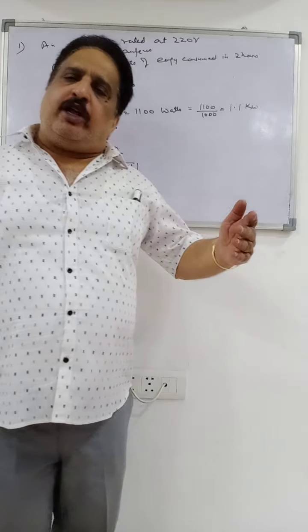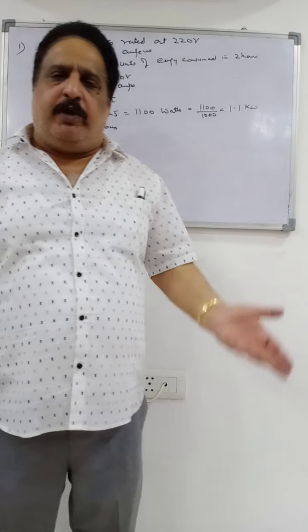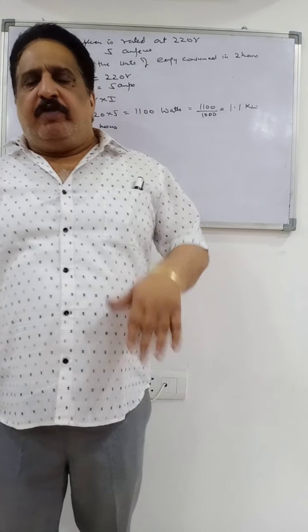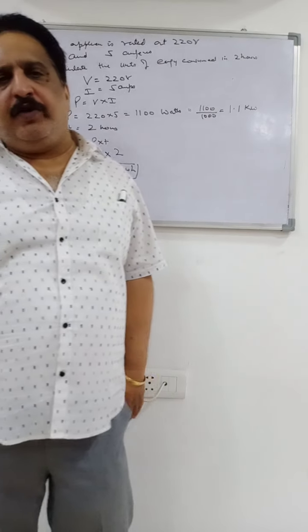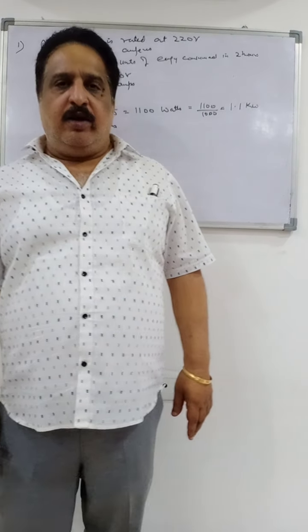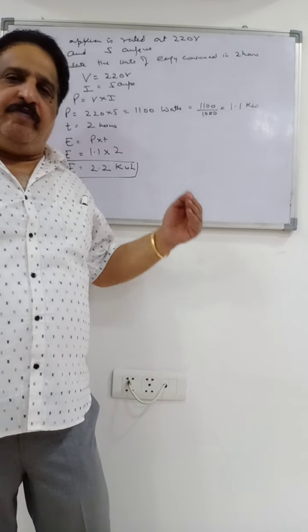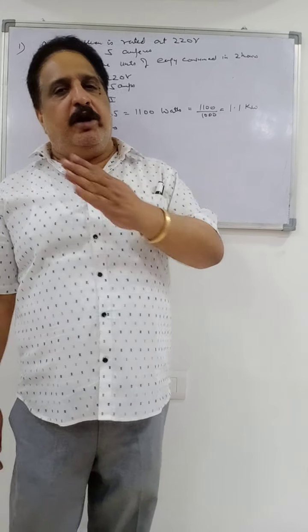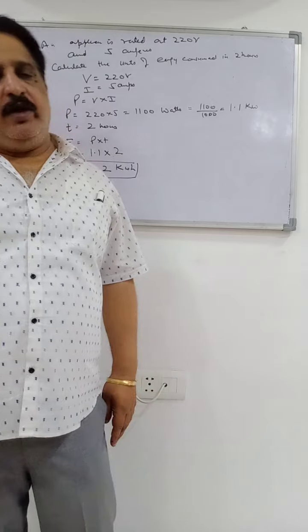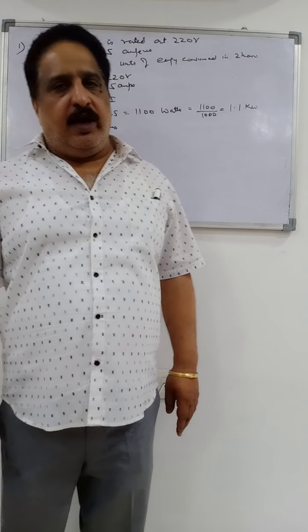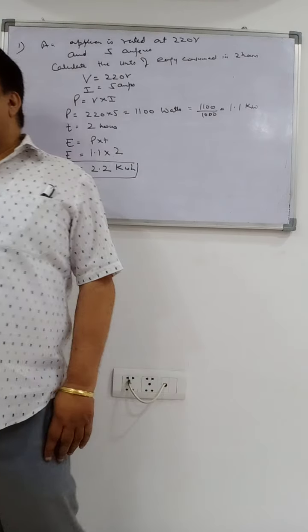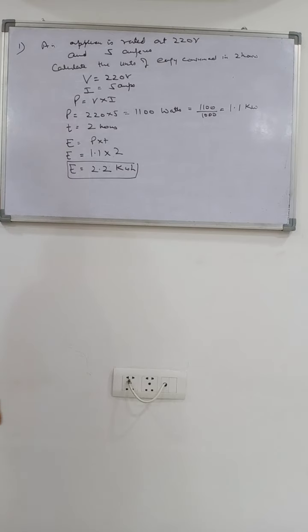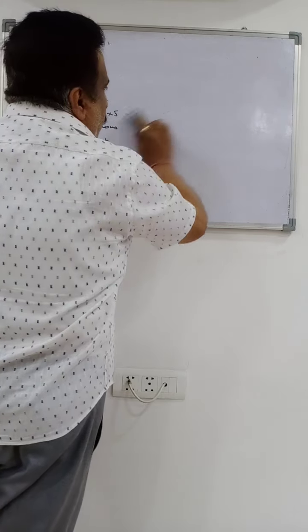As far as the numerical power were concerned, you calculated it in joules, in watts. But whenever you shift over to commercial units of energy, you'll have to convert that power which we have calculated from the previous formula into kilowatt hour and then multiply it with hours. Is that clear? So this was a very simple question from electrical energy, or commercial units of electrical energy. Next question.